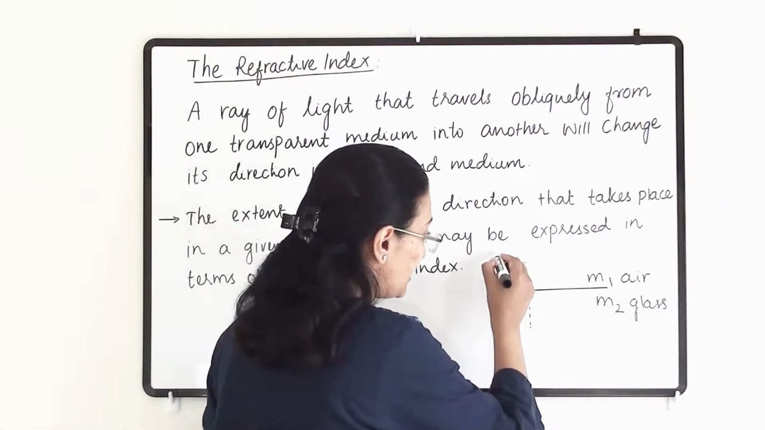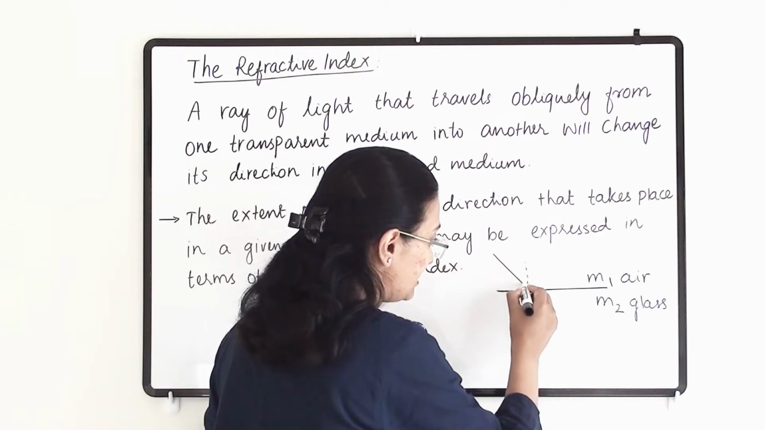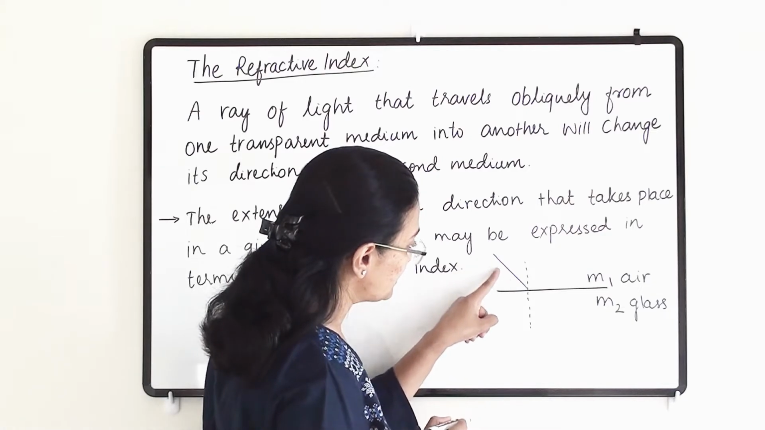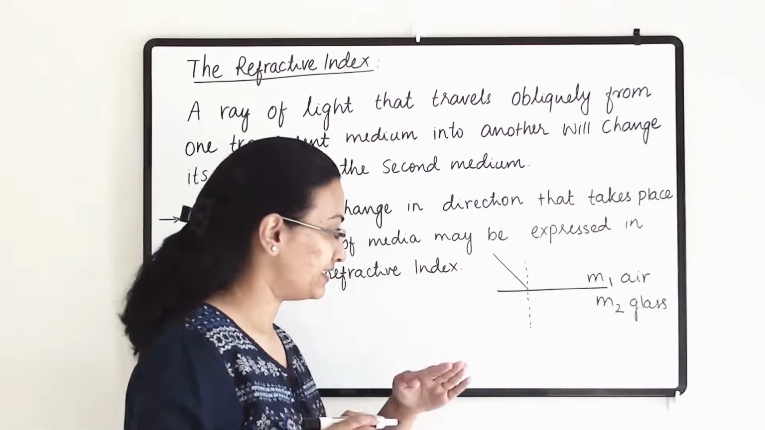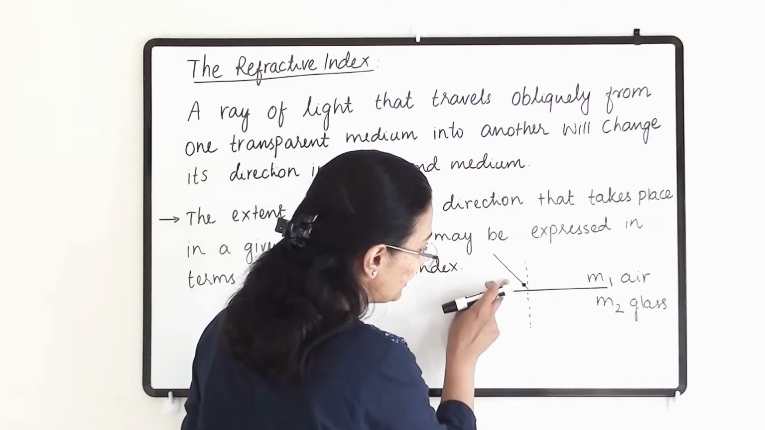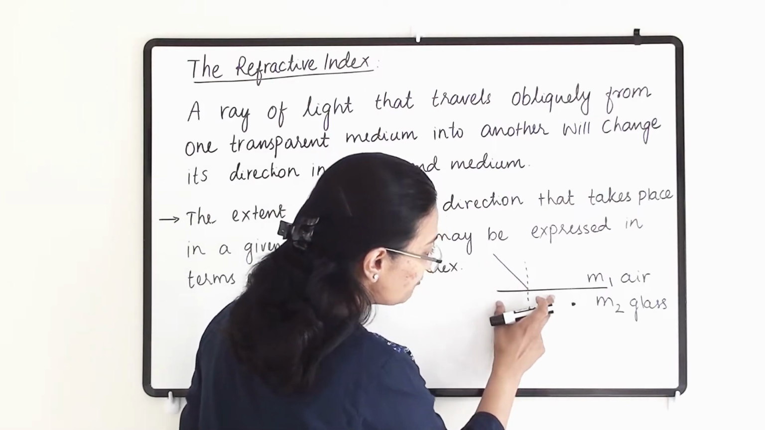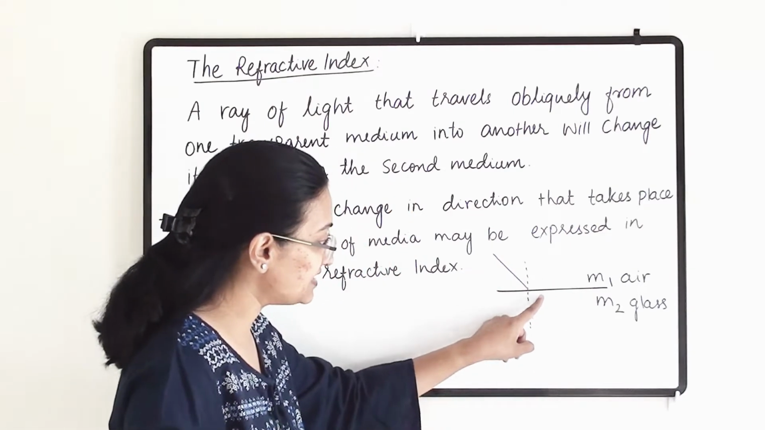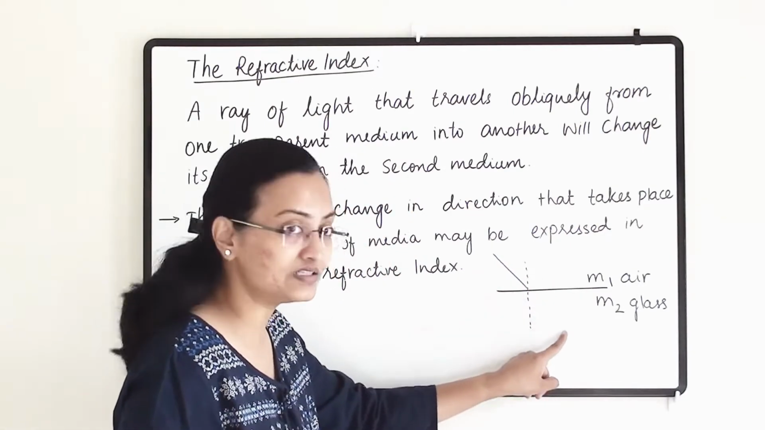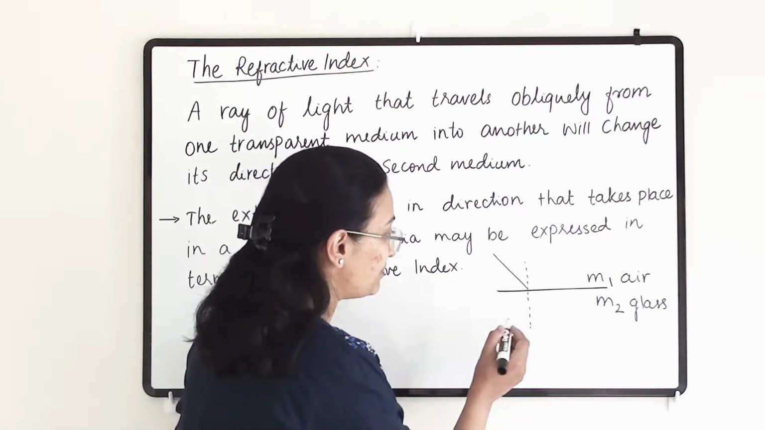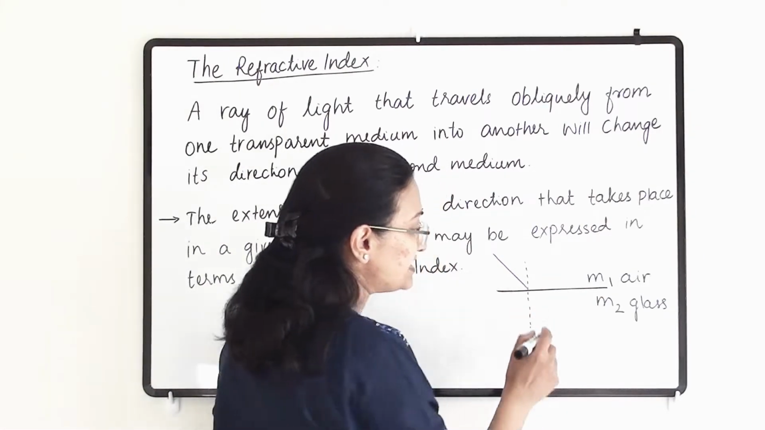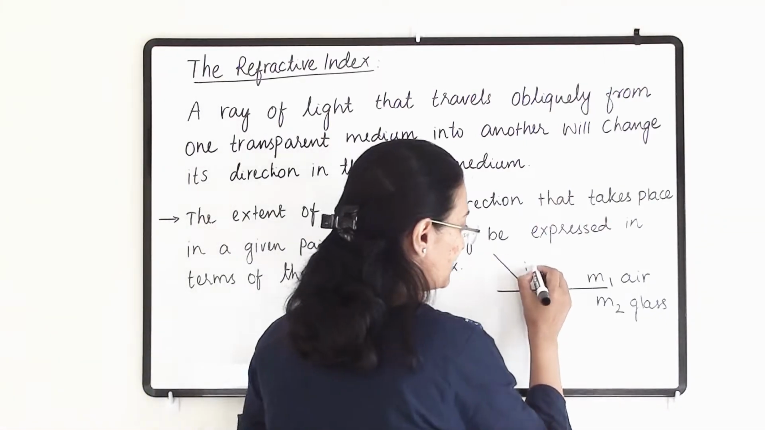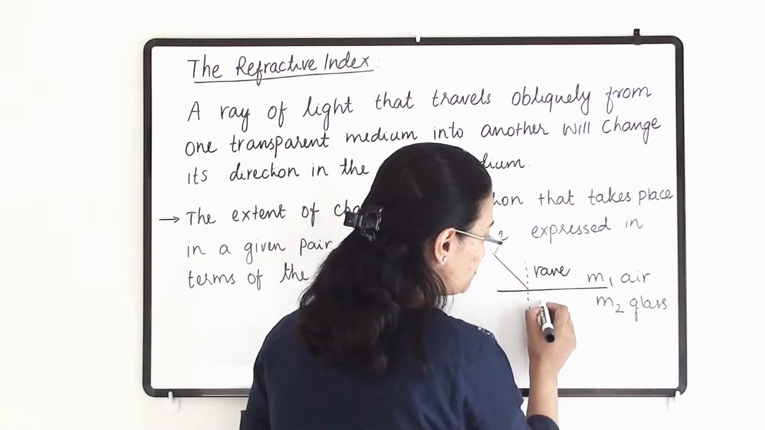So when a ray is coming obliquely from air, obliquely means slanting. When a slanting or oblique ray falls on the surface of one medium and passes through it, it is going to travel in the second medium. So what will happen? We have to see the density difference between these two media. If this medium is rare and this medium is dense,